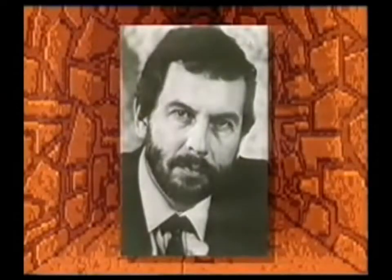But first, have a look at this. It's the first ever arcade game, Pong. It came out nearly 20 years ago, and it's a simple but very playable tennis game. It was invented in 1974 by an American, Nolan Bushnell, who later went on to form the Atari video games